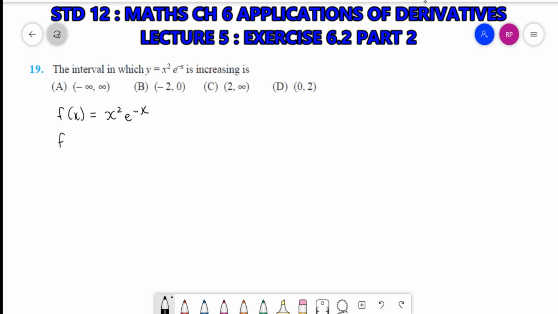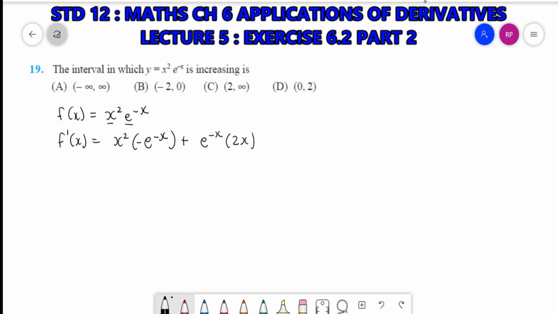Now let's take f dash x. So we will use the method of uv: x square as it is, derivative of e raised to minus x, e raised to minus x into d by dx of minus x, plus e raised to minus x as it is, derivative of x square,